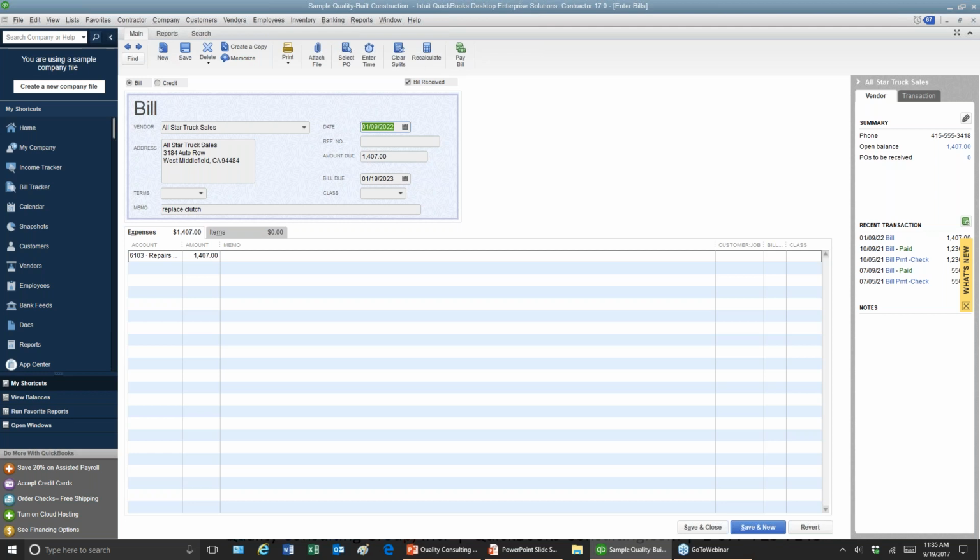You might have a deposit of 30 or 40% on a job you haven't even started, but you had an invoice in there that recorded that as income. So your bills are going to be important to offset that income on an accrual basis so that you don't get dinged for all the taxes.